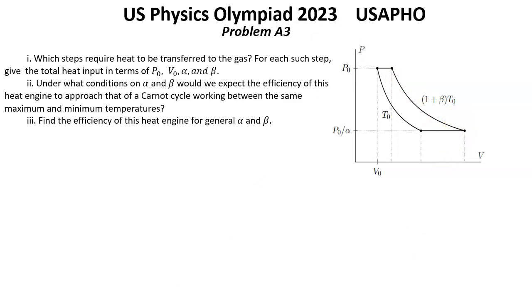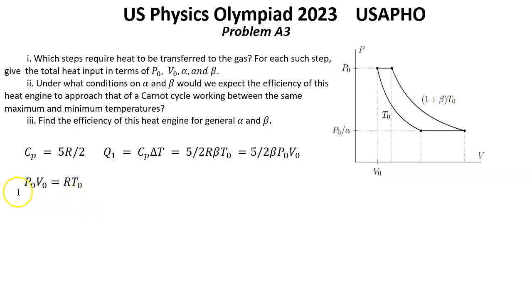In the first step we have heating at constant pressure, which has a molar heat capacity Cp equal 5R over 2. So from here we have Q1 equal Cp multiplied by delta T, and delta T is beta T0. Using the universal gas law we have RT0 equal P0 V0, and we have finally that Q1 equal 5 over 2 beta P0 V0. In the second step, the heat added to the gas compensates for the work done while it